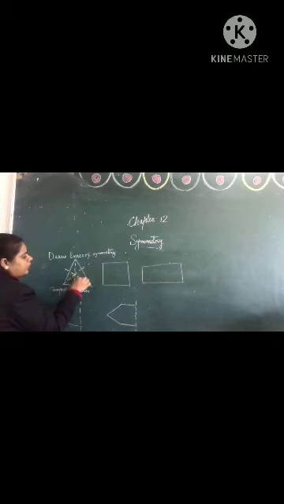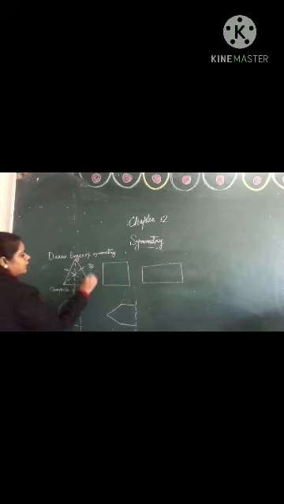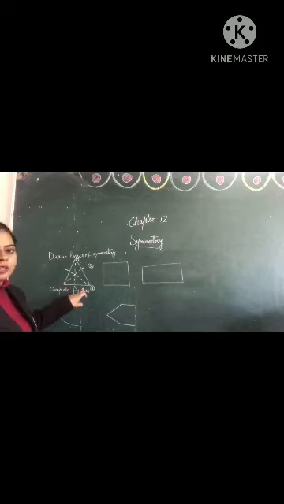As it is an equilateral triangle, all the sides of the triangle are equal, that is called an equilateral triangle. That triangle has three lines of symmetry. First, second and third. This triangle is having three lines of symmetry because all the sides are equal. If it is an isosceles triangle, only two sides are equal, then it will be having only one line of symmetry, that is the vertical line of symmetry.